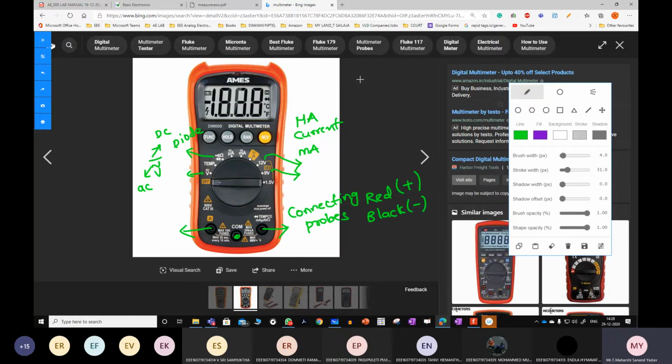Generally in wiring you'll see phase, ground and neutral. Generally we call it earth. For phase generally we go with a red wire, and for ground it will be black. For the sake of earthing we go with green color. So by using this multimeter also you can measure.